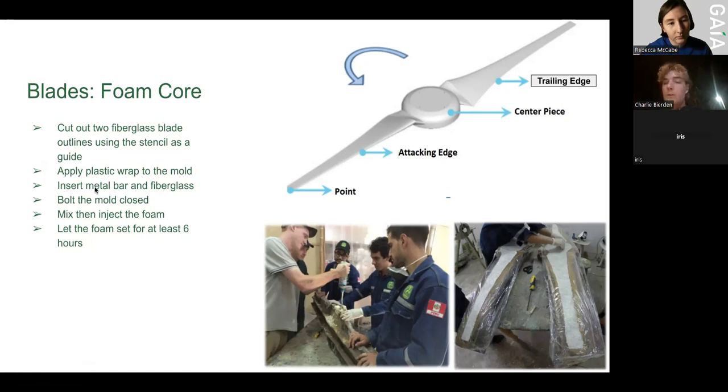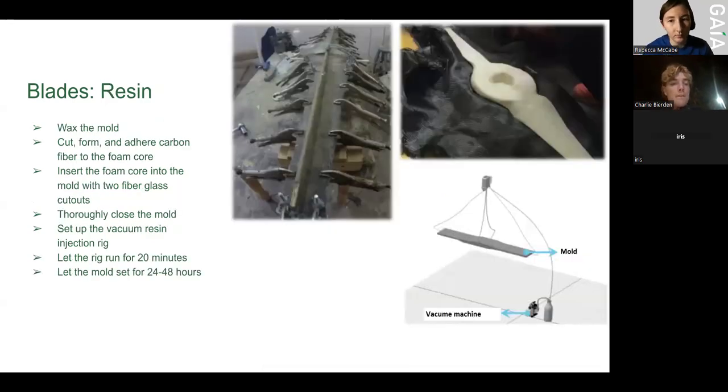We know that there's issues with the metal bar manufacturing process itself that's there for structural support. But that's kind of a main component of the central layer of the blade. And then we also have the resin portion of the blade. And so to create that same molding